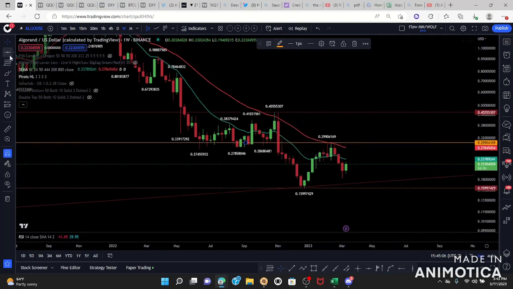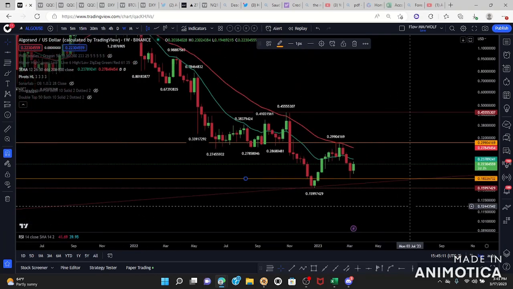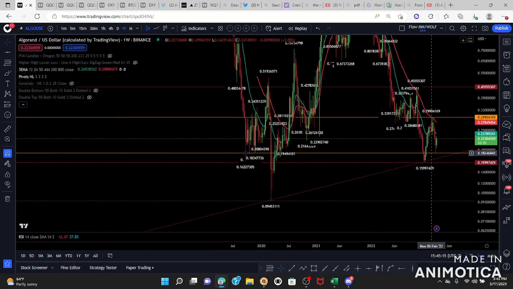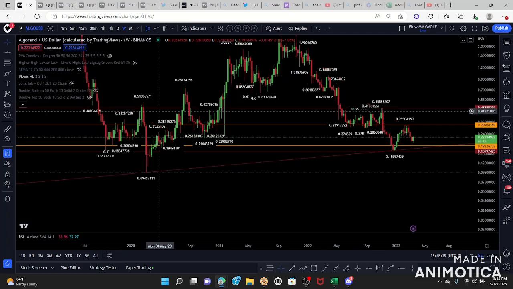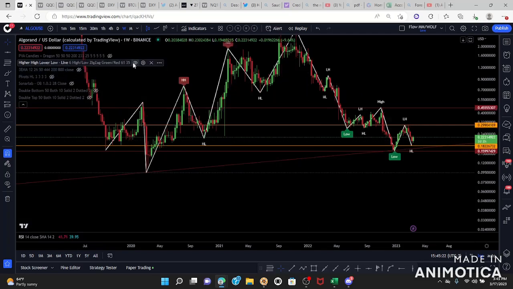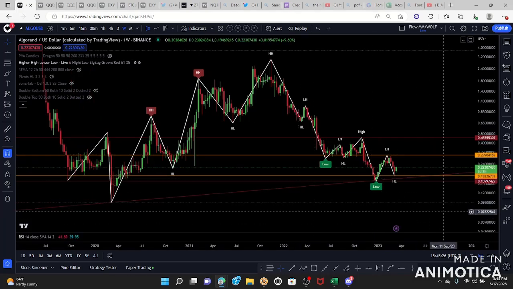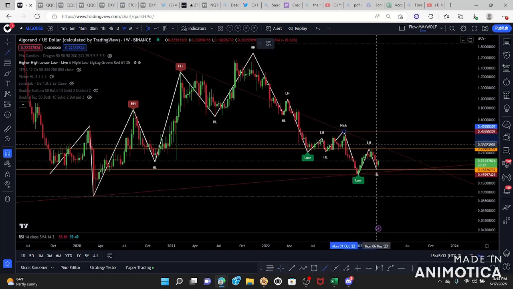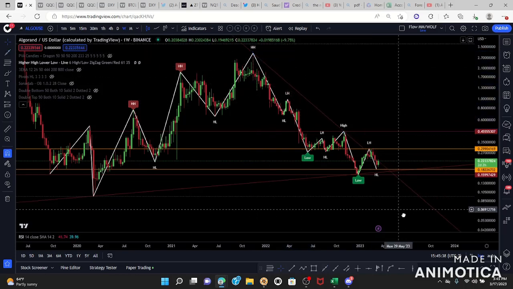Weeklies are orange. And I'm actually going to use yesterday's weekly candle as support, because we know this is our monthly support. Now that I have support and resistance, I want you to turn on your higher high, lower low indicator. This is just going to help you connect your trend lines. So just off the bat right here, one touch, two touches. Hold on, what would have happened if